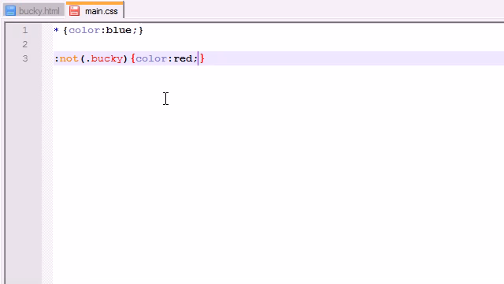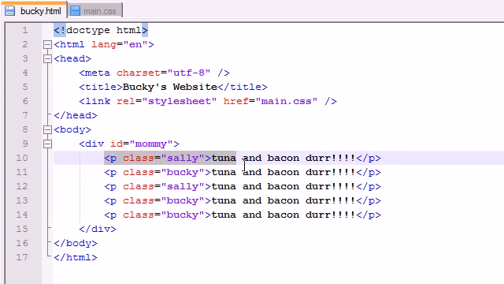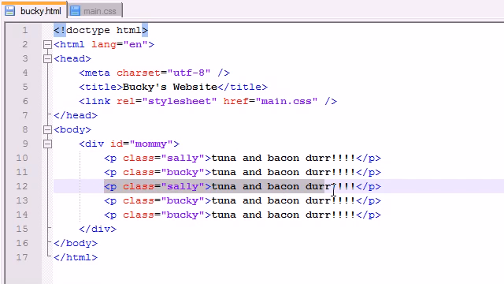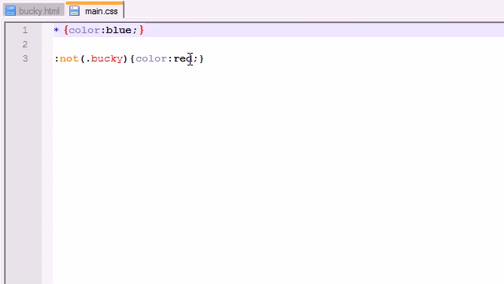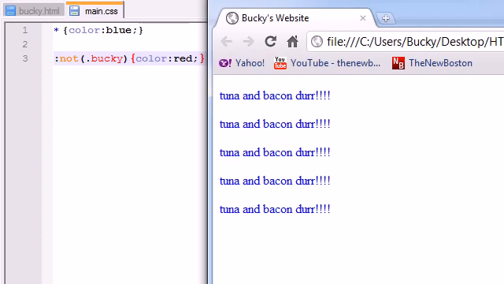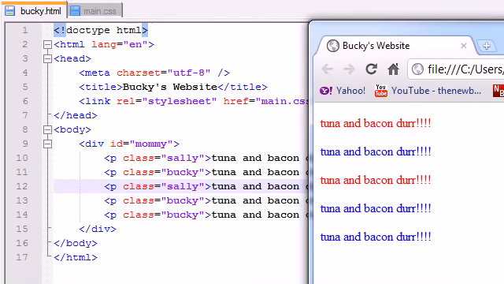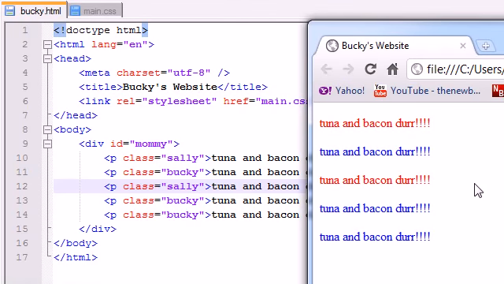And now that it's typed out, I want to tell you guys what I did here. I pretty much made a negation class, and what this is saying is, okay, color our entire website blue. We got that done. Now, everything that is not in the class Bucky, color red. So if you look, what's not in the class Bucky? Well, Sally isn't in the class Bucky, and this Sally isn't in the class Bucky. So those things we say, okay, color red. So let's go ahead and refresh this, and if we do that, we can see that these paragraphs indeed got colored red, because the only thing in this website that wasn't in the class Bucky was this first and third